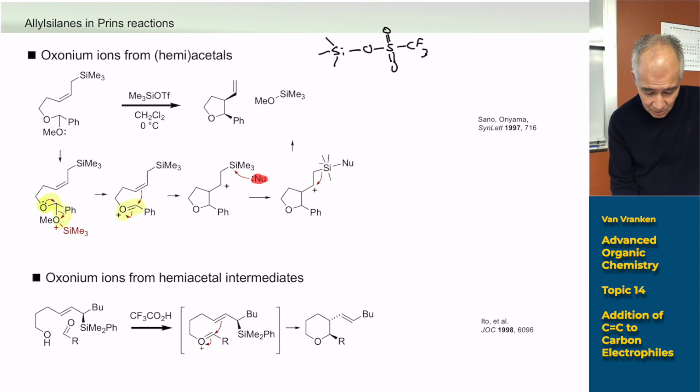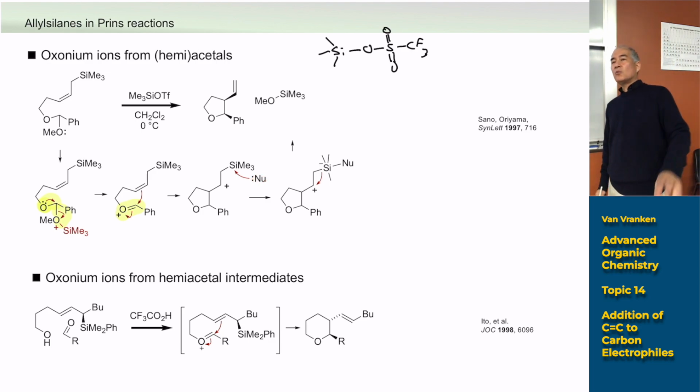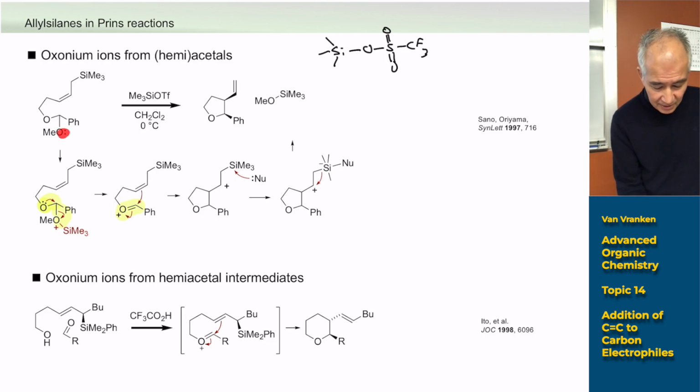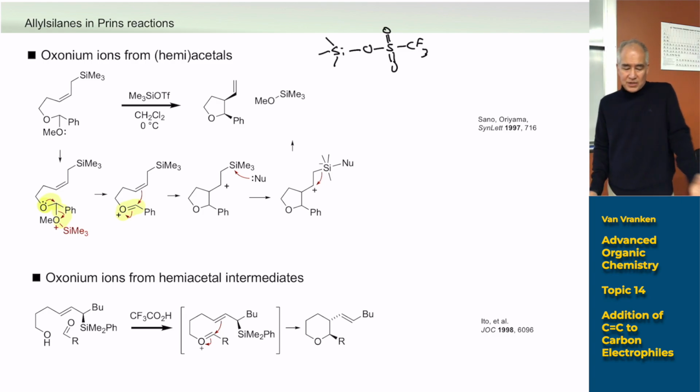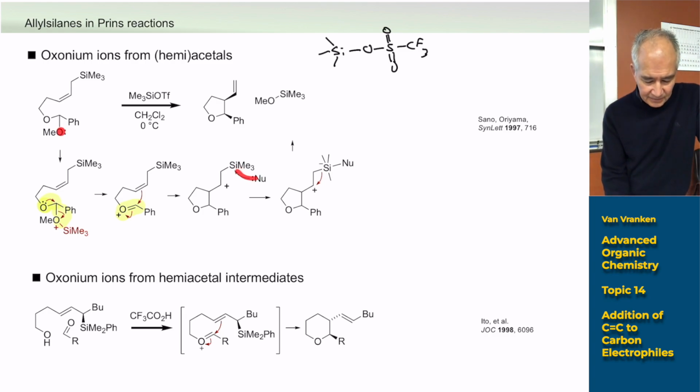So now you have some sort of a nucleophile floating around. What's that nucleophile? I don't know. It's one of a couple of things. It could be another substrate coming along with its lone pair and picking up that silicon. It could be the triflate just temporarily picking it up and regenerating the catalyst. You don't know which substituent is attacking here, right? It could be just another substrate molecule, and I'm not going to draw that. I'm just going to write Nu to indicate that some nucleophile, almost always oxygen, loves silicon, is going to add in,